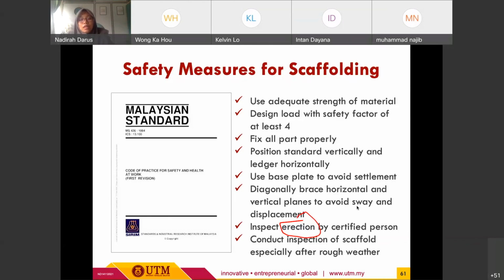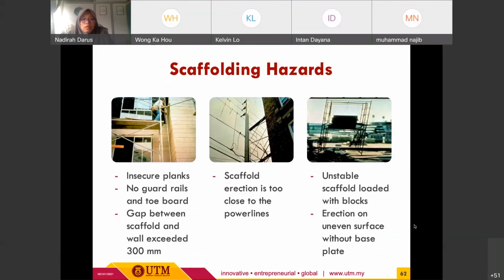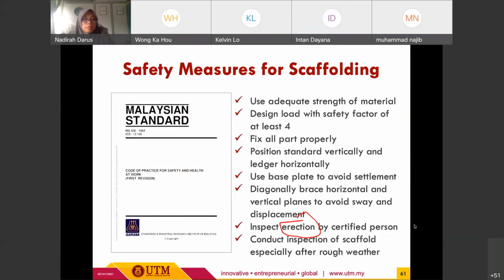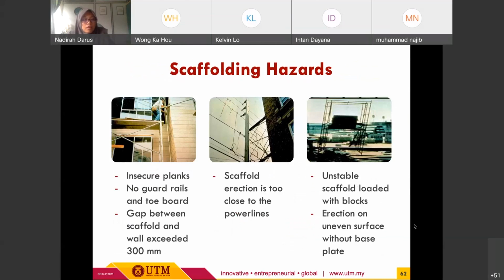Maksudnya kita tak boleh terus menggunakan scaffold yang dah exposed to the rough weather. Maybe dia punya connection ke dah ada loose ataupun dia punya ties tu dah loose, so that one we need to consider. Okay. Alright, so I think after safety measures we will cover this actually the last part ataupun last subtopic lah for this